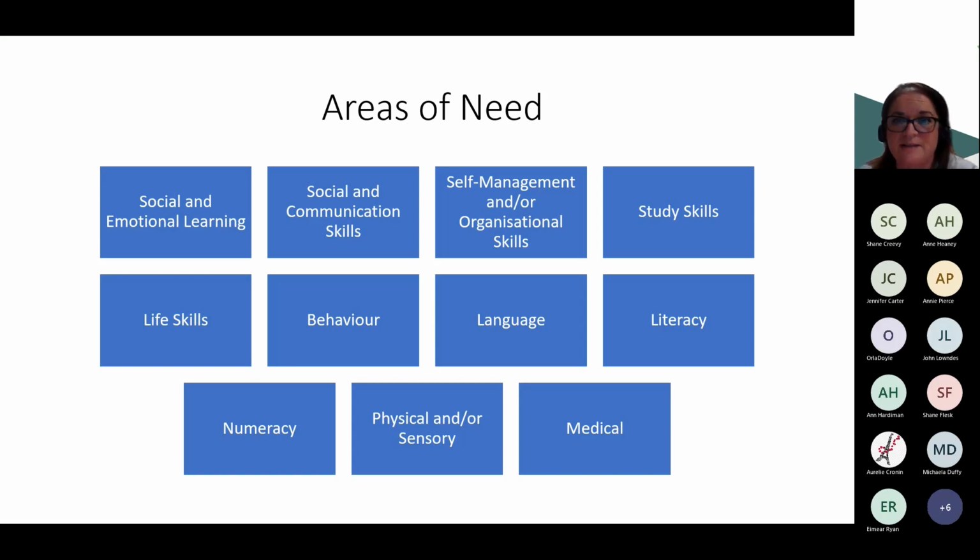So when we're asked in our class who has additional needs, for many years, our immediate thought would be who has dyslexia, who has numeracy issues, who has ADHD, autism, dyspraxia, physical and sensory issues, and so on. And it's absolutely still important that we know that information. However, under the new model, we're asked to focus on what that actually means in terms of their needs in